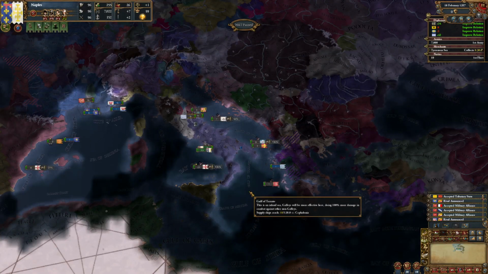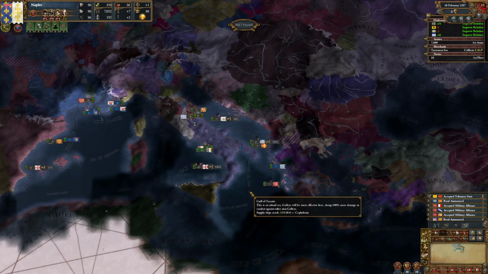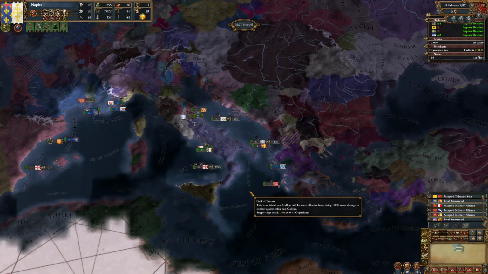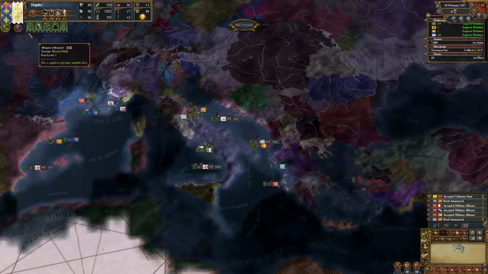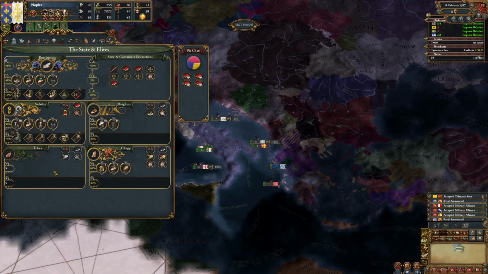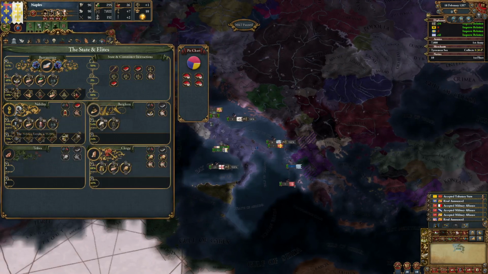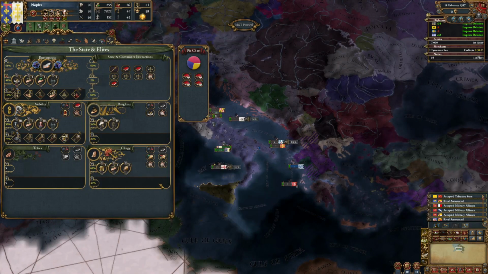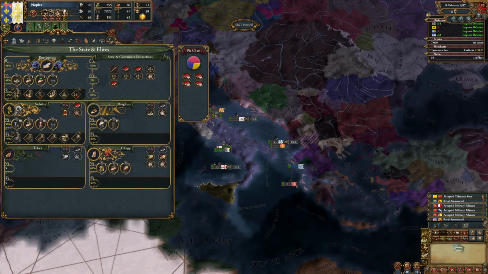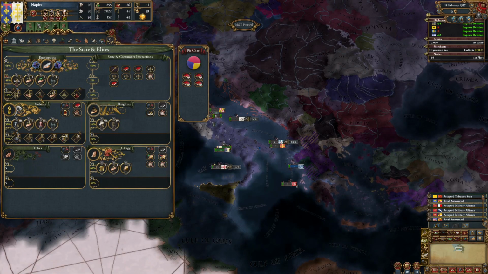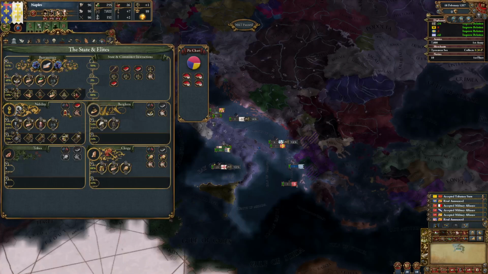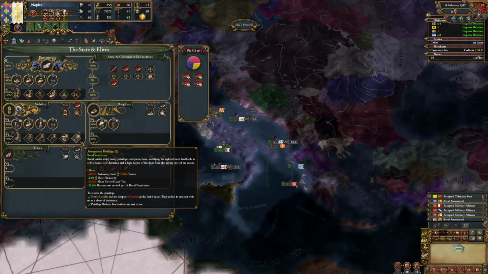This time we are going to look at the Nobility estate, which is the so-called second estate in your realm. And we are going to check out, of course, again, everything we can do here. In comparison to the clergy, which we left off in the last episode, the Nobility has a lot more stuff here, a lot more icons.